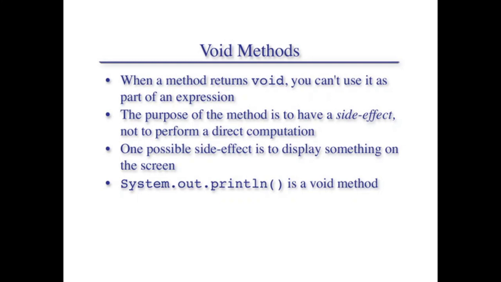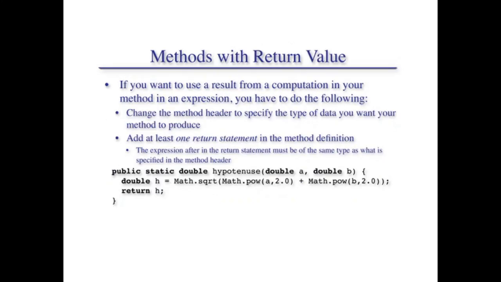Okay, suppose we just want to print something on the screen, then we need nothing to be returned, because the functionality inside the method is doing the work for itself. Like in system.out.println, we print a thing, we are not returning anything, because whatever we pass as an argument into system.out.println gets printed on the screen, but it is not returning anything. We are just calling it, and the function is not returning anything, as it is defined to be void as a return type. Then there are methods that return a value, and they are called methods with return value.